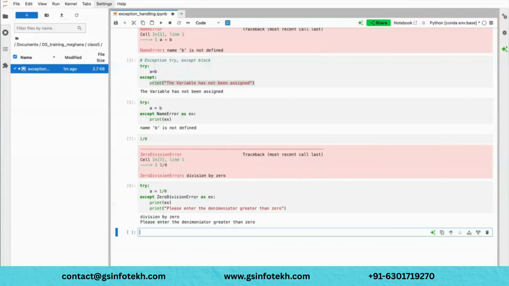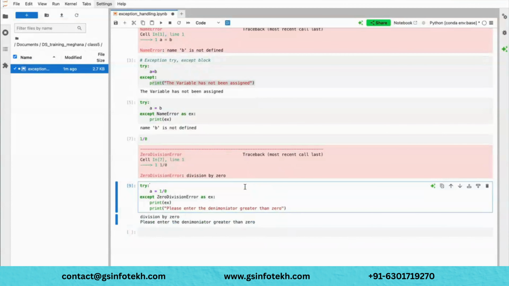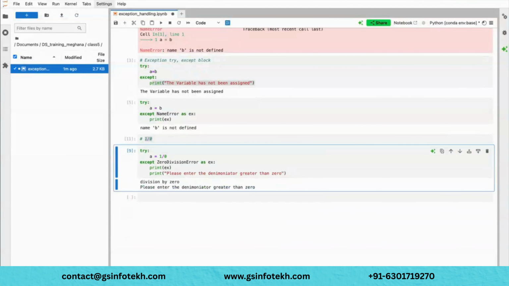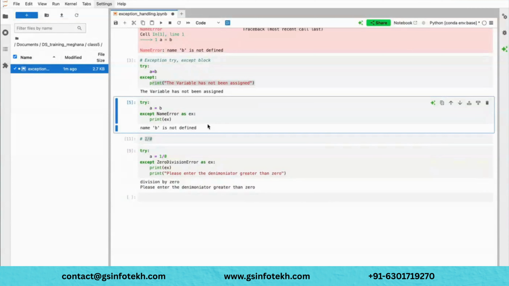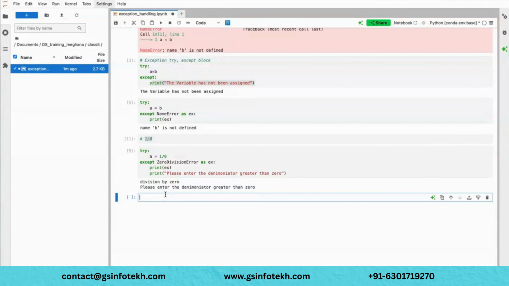Now if I see a division by zero error, you are telling the user to please enter the denominator greater than 0. So this is the best way. Instead of just showing the message, you can also suggest recommendations. In that case, this kind of syntax or statement will be useful.